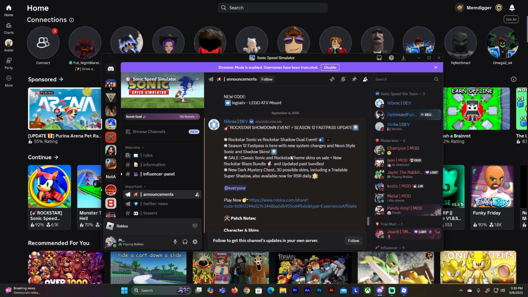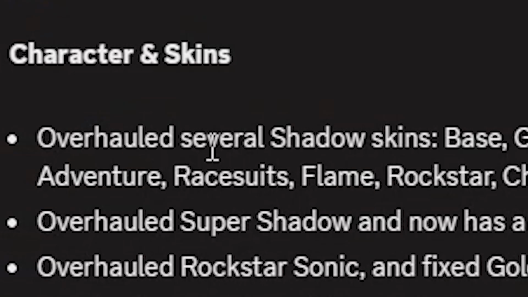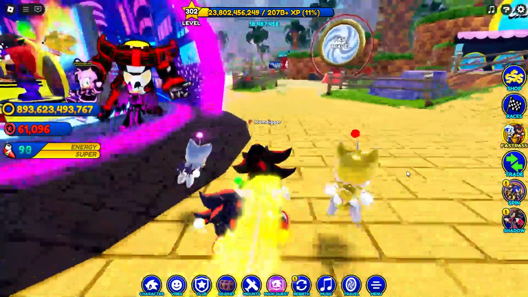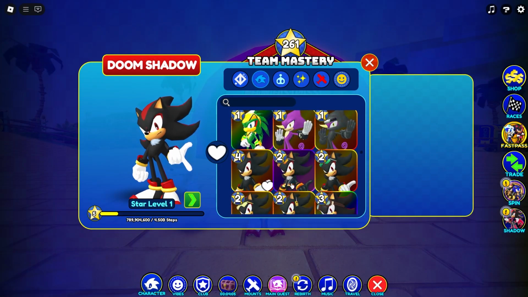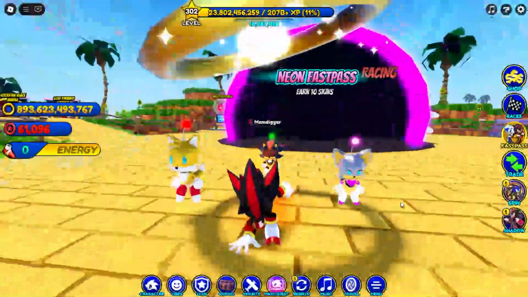Oh, a new update came out. Huh. Wonder what they did with this update. Overhauled several shadow skins. Base? Wait a minute. I thought he was fully updated. What happened? I mean, surely he can't be that different now, can he? What else could they have done to make him better? I mean, it's not very clear or as to